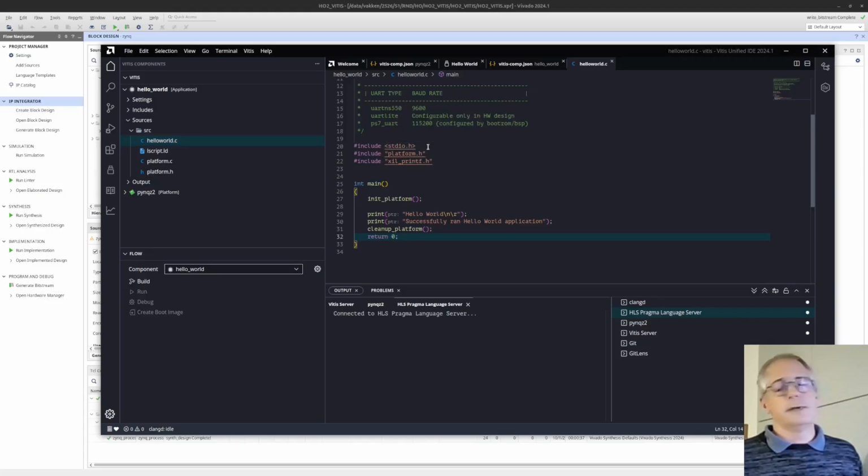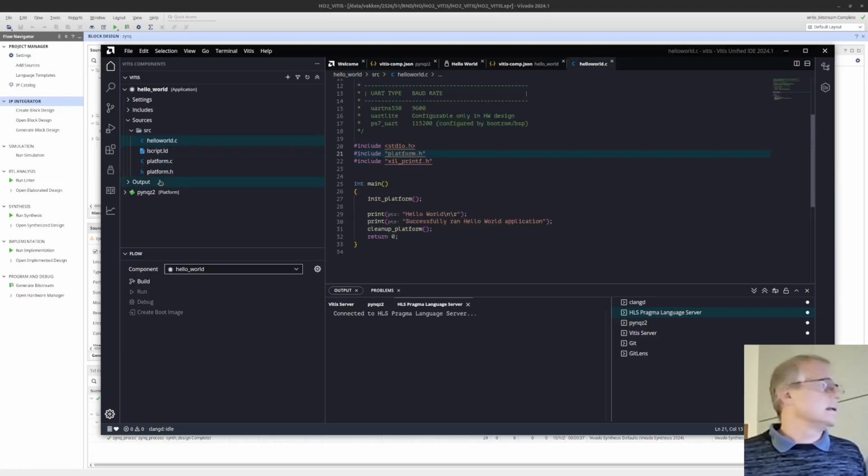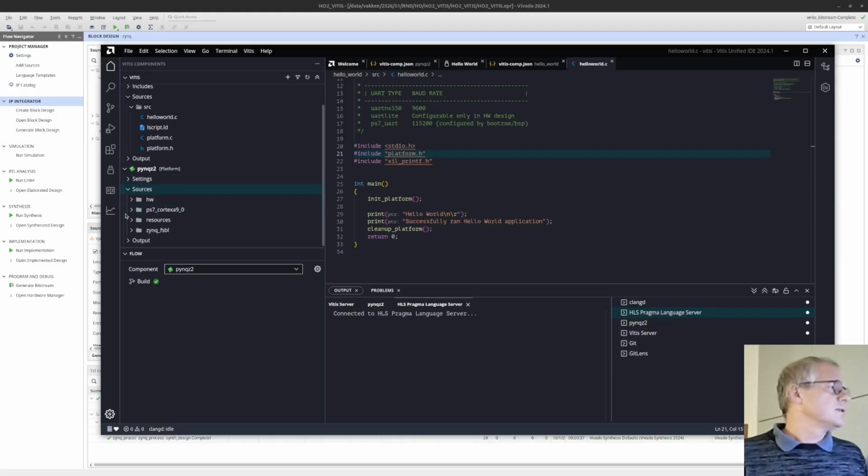Okay, now we have 3 include files here. stdio, something you already know from C, just standard IO for doing the print. But we also have platform and xilprintf, and those are specific Xilinx libraries. The platform.h has been generated by Vivado. So as you can see here, there's some small things in there, but we can go to our PingZ platform, to sources, and inside this